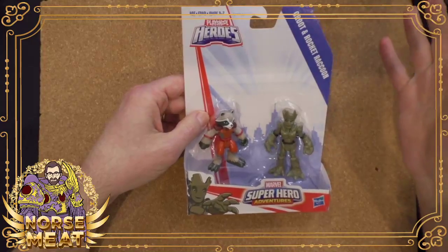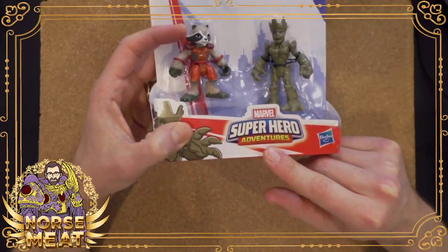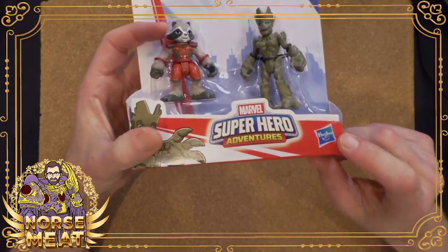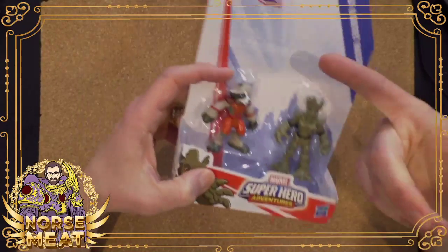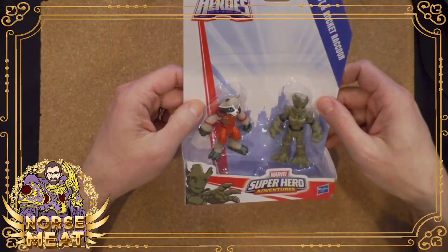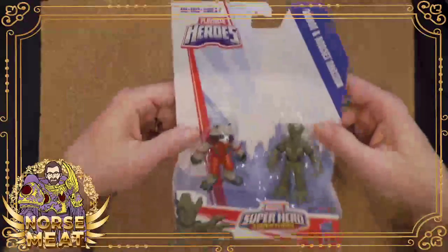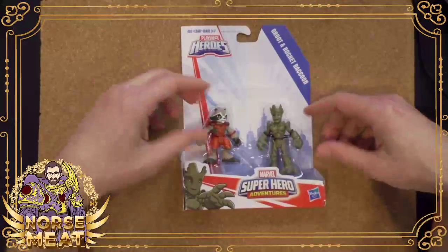Marvel, DC, you name it, they all have little kid versions of their toys. Hasbro has the Superhero Adventures. I don't think it's called this anymore. I think it's moved on 3 other names since then, but it's basically the same thing, all through the Playskool brand. I do think it's always really silly when they have...